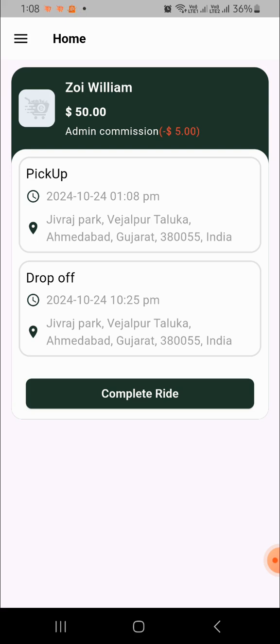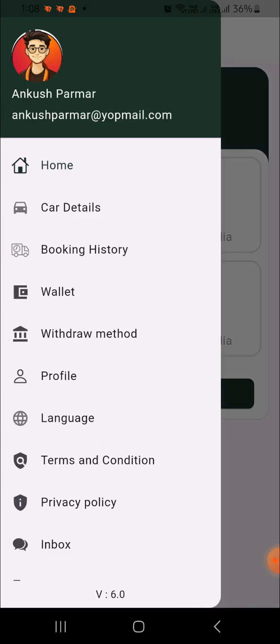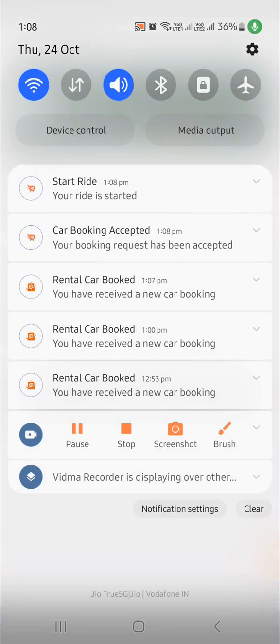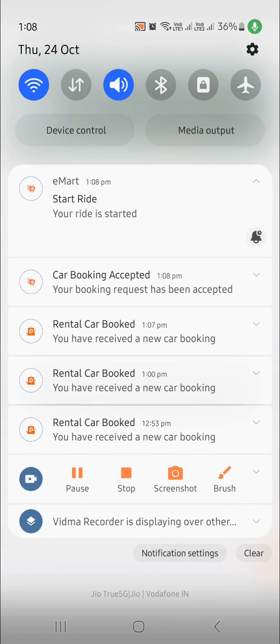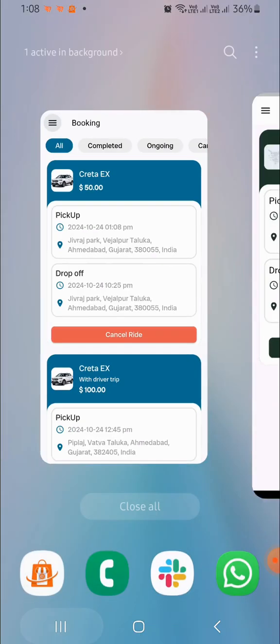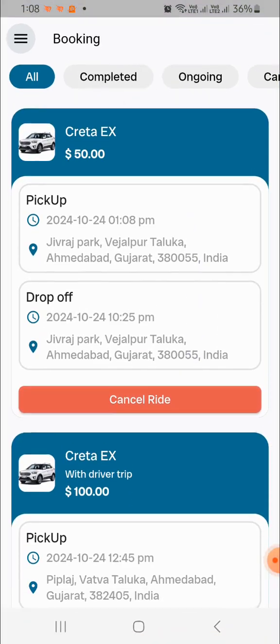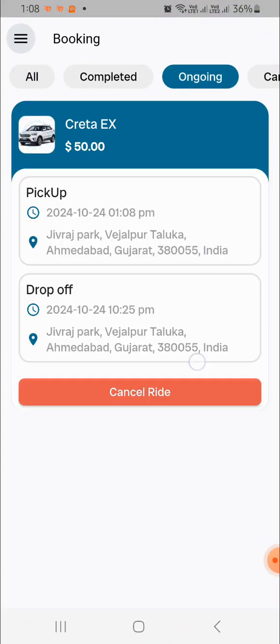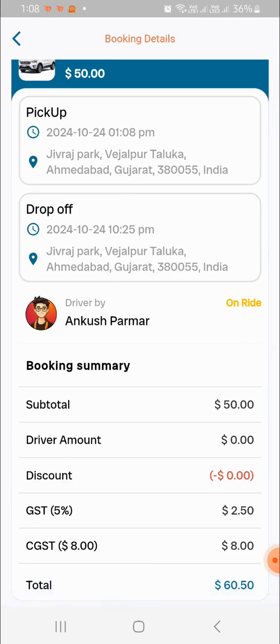Start ride is successfully done. By clicking on start ride, a push notification fires on the customer side that your ride is started, and the ride is showing in the ongoing tab.